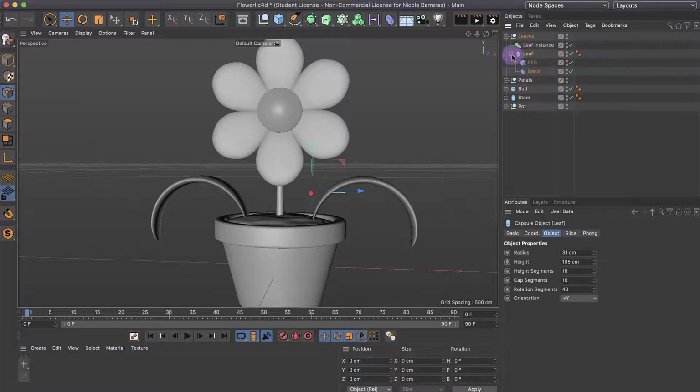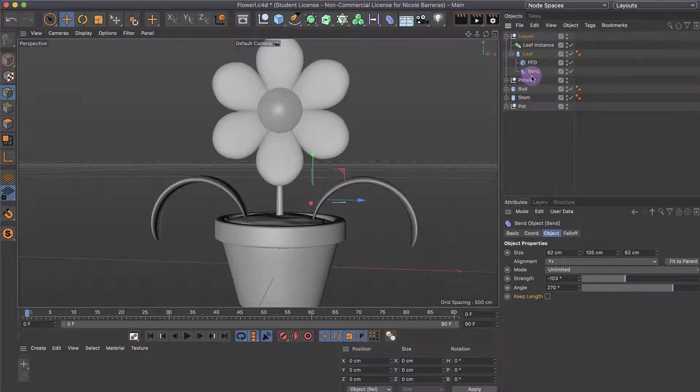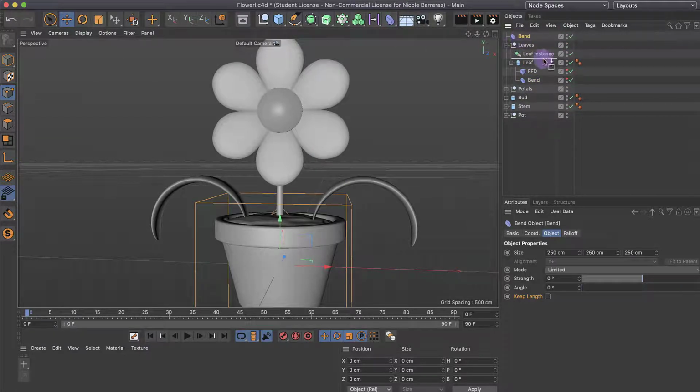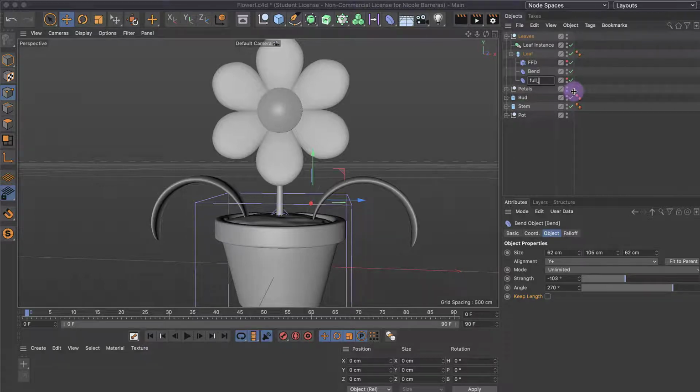To add a little bit more to these leaves, I actually want to stack a second bend. So I'm going to take out a bend, make it a child of the leaf. I'm going to put this one in between my FFD and my original bend. And right now there's 2 bends and I don't want to get confused. So I'm going to name the first one, which is the one that we already worked on, full bend. And this one I will name back bend,